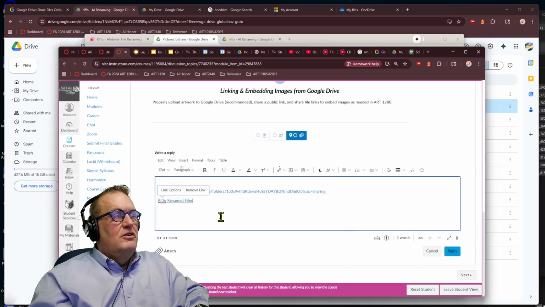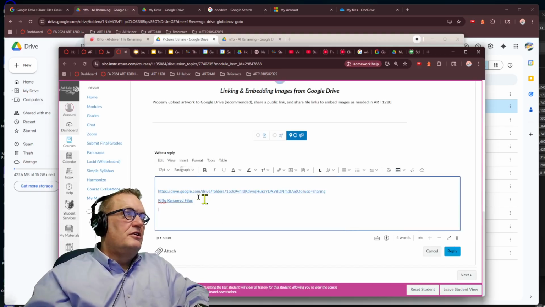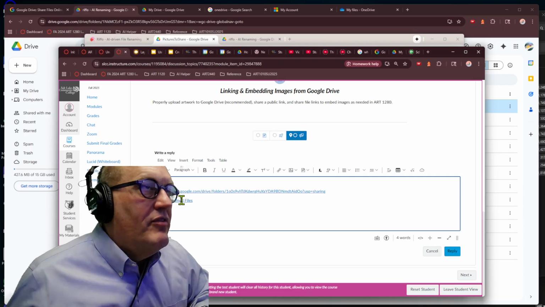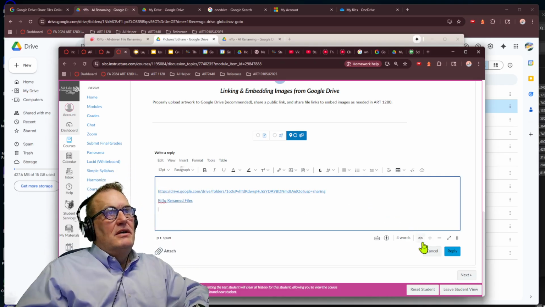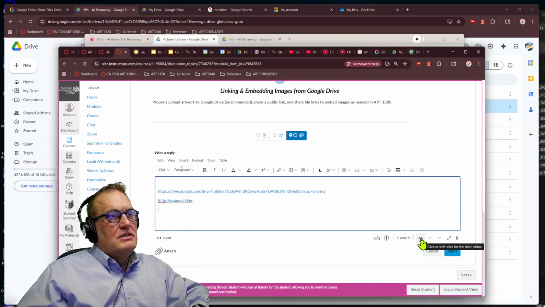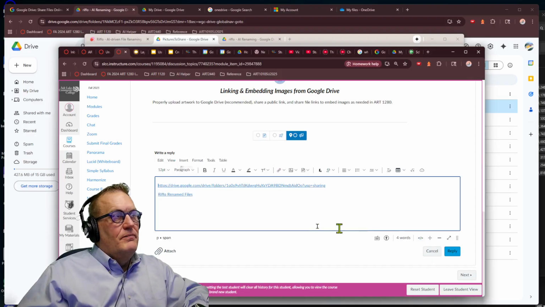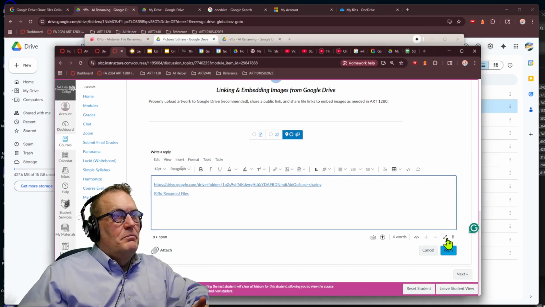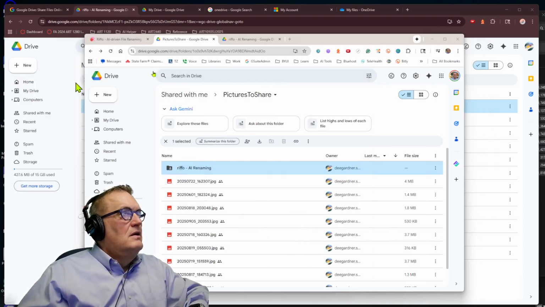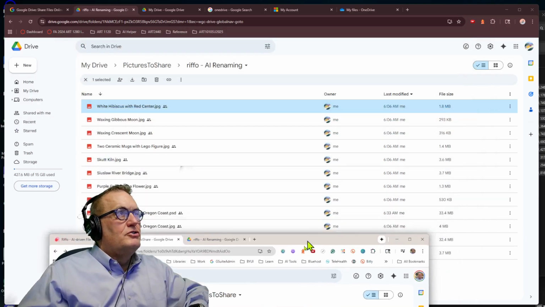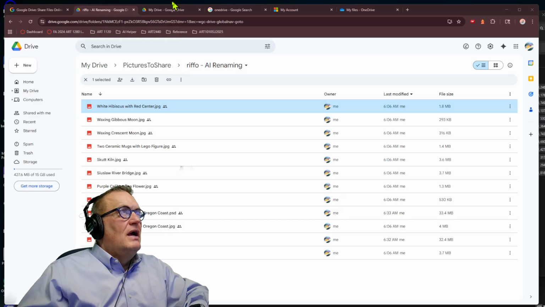So now you can see that there are two different ways to create these links. This one's got a link that's kind of in the background. If you've done a little bit of technology, this is the HTML that goes behind it, so you can undo that. And so this is what it looks like when I post this. So before I post my reply, I'm going to show you another strategy that we've got here, and that is